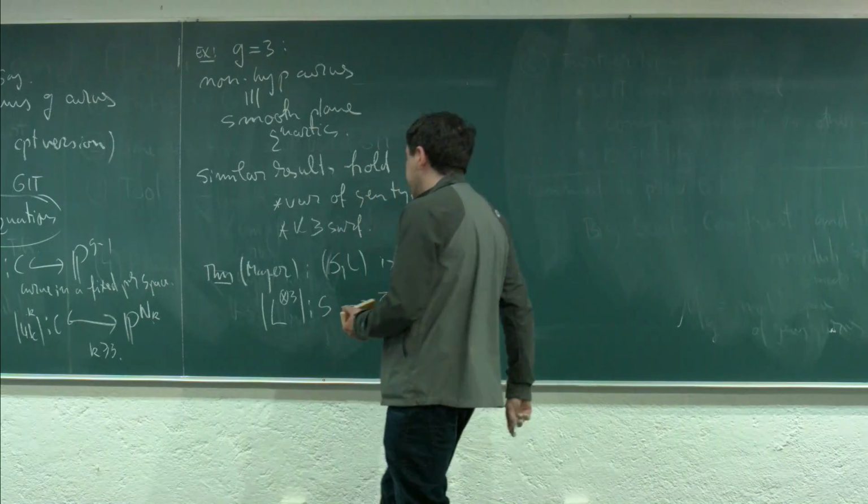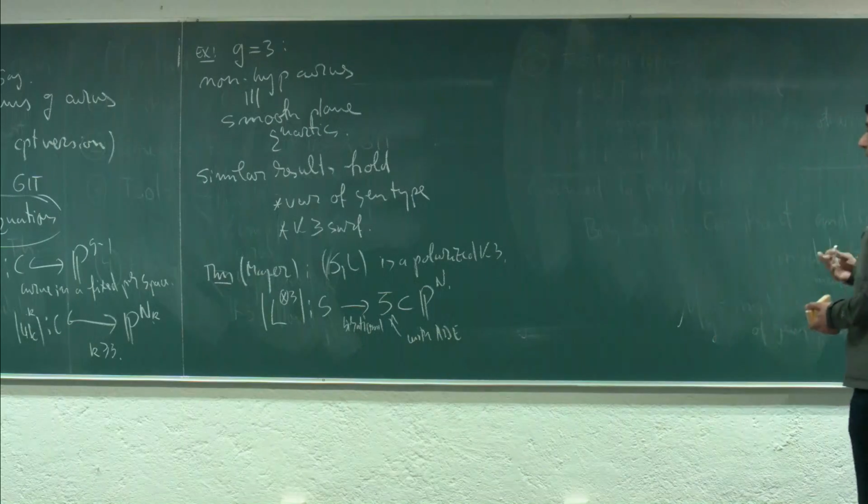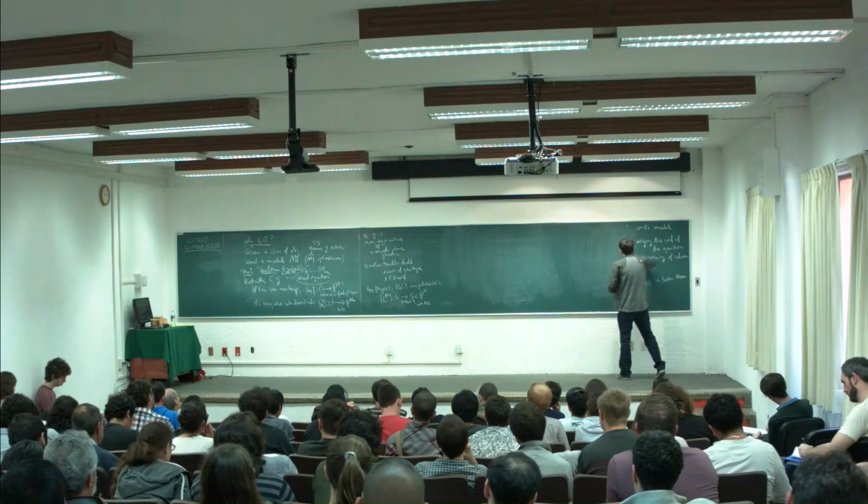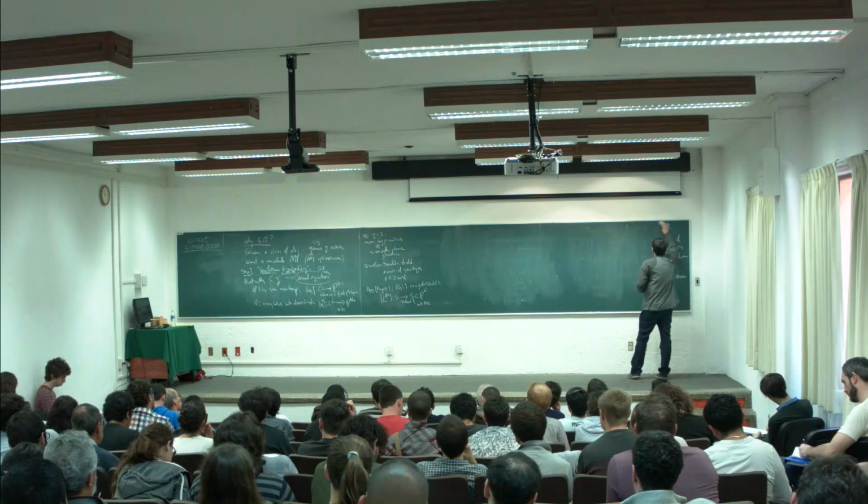So this is actually as good as it gets. And similar results hold for, say, varieties of general type. Why is that good? Because now